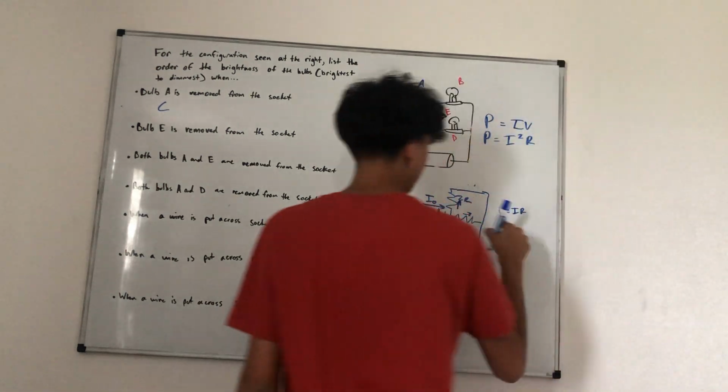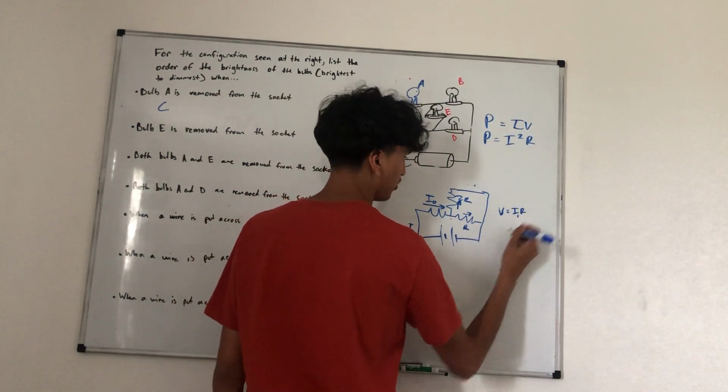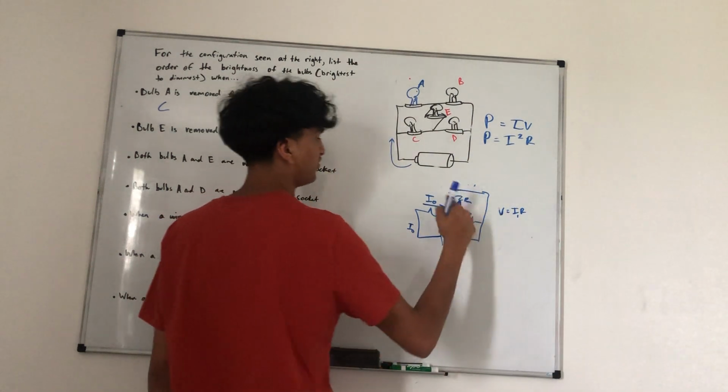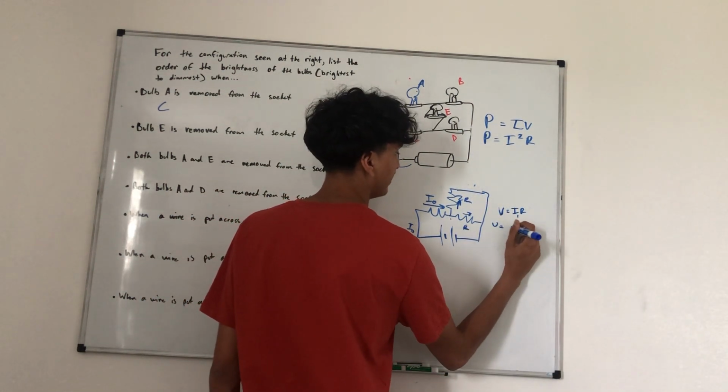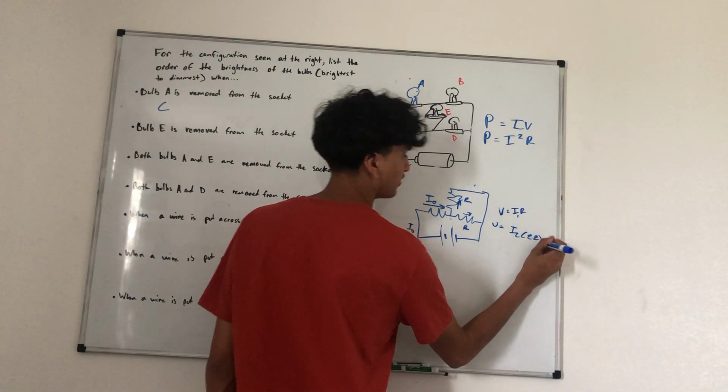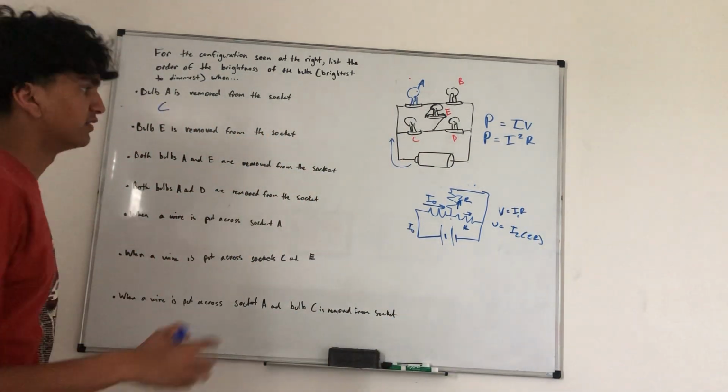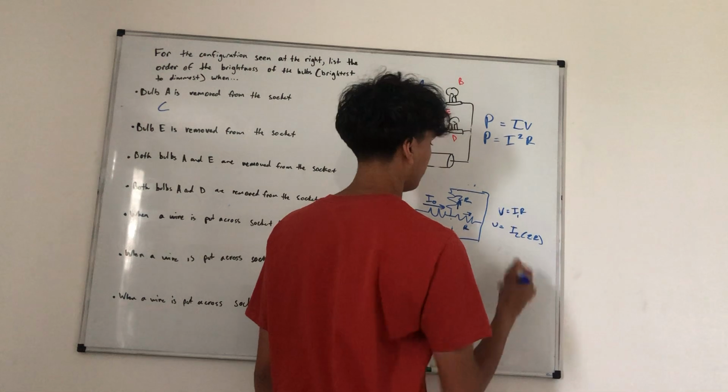So V is going to equal I1 times R, and then this is also going to equal V, which is going to equal I2 times 2R. And this comes from Ohm's law. If these voltages are the same,